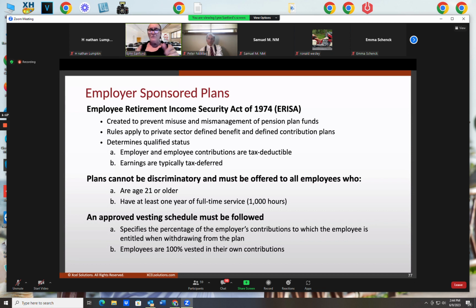If I leave before I'm fully vested, then I leave some of those company match dollars behind. And that plan administrator cuts a check, and that money goes back to the employer. I never see it. Once I work for that employer long enough to become fully vested, though, then not only does my money go with me when I go, but I become fully vested in the company match dollars as well. And now I can take 100% of the money with me whenever I decide to leave after that. So, employees are 100% vested in their own contributions. But you're not going to be 100% vested in the company match dollars until you work for that employer long enough to satisfy that employer's vesting schedule.